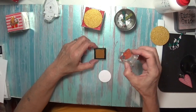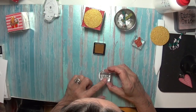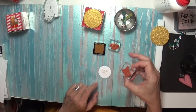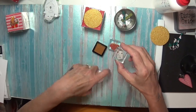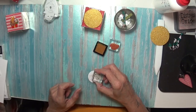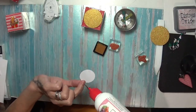So I'm going to just ink those up. I'm going to do the just for you first in the centre. That is so sweet. And then those gorgeous little stars. I'm just going to do then top and bottom. And there's that little gorgeous tag. How sweet is that? So while my glue is out,